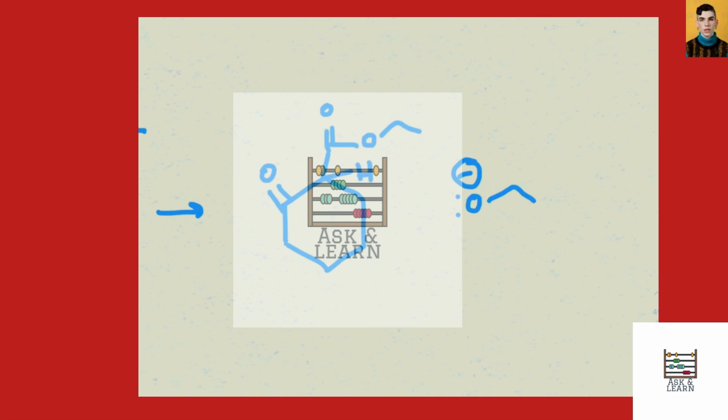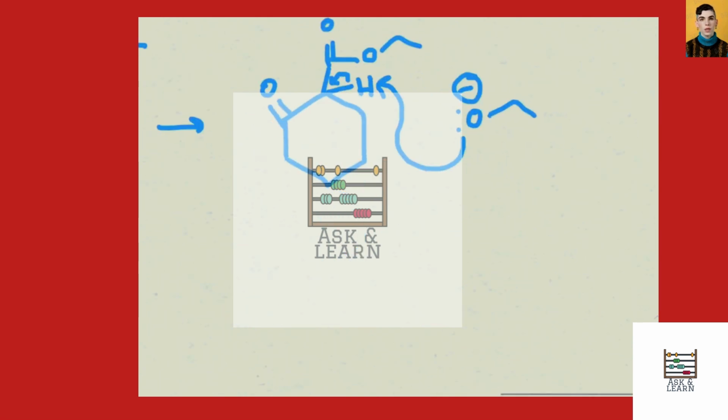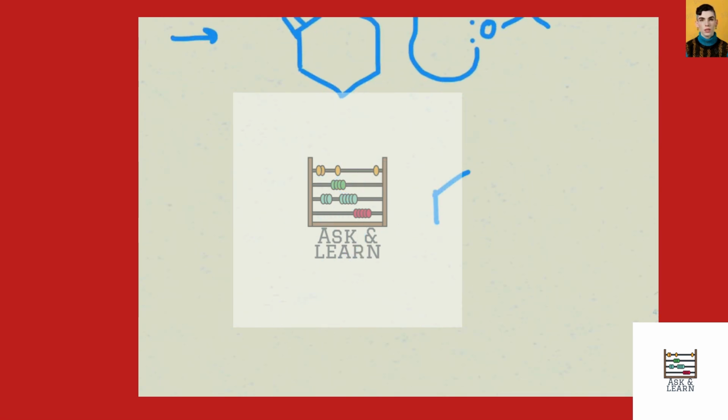Okay, so using this base, I'm going to take off that proton, simply because that proton is acidic, and that is because it's sandwiched between these 2 carbonyls, making it particularly more acidic. Okay, so after I take off that proton, I'm going to have to move the electrons between that carbon-hydrogen onto this carbon right there. Okay, so that is going to yield this product, in which I have my 6-membered ring,